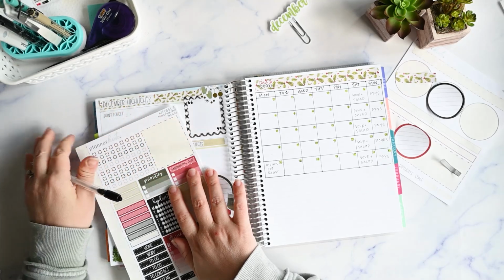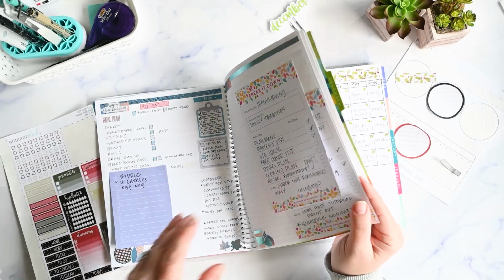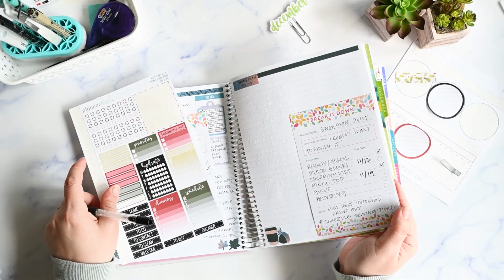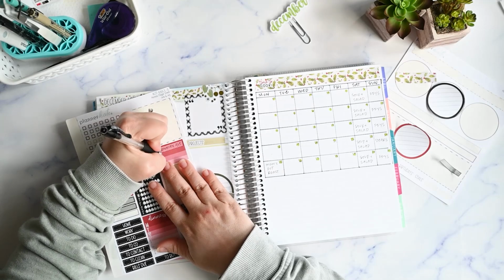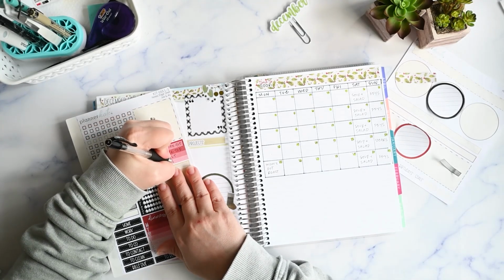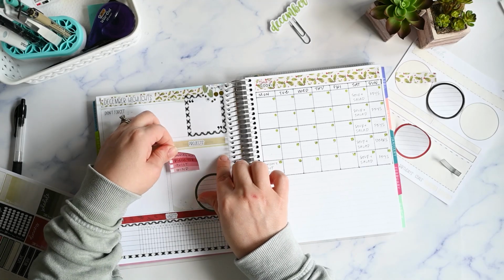Snowman quilt. I did not make any progress on that snowman quilt that I had planned on working on during November, and I need to finish piecing it and quilt it and bind it, so we'll just put that here. Piece the top, quilt it, and bind it. So we'll just put that there, and then